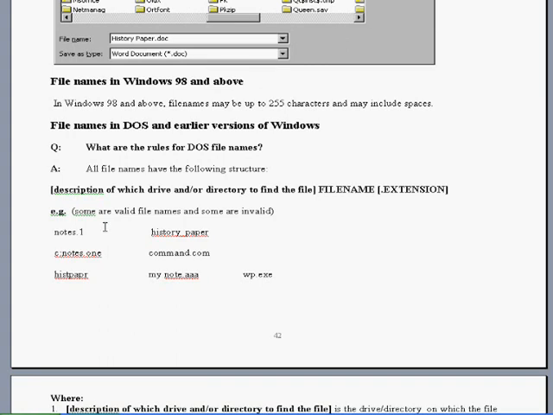This would also be okay. The C colon tells me the drive to find the file. And notice, since it doesn't tell me which directory it is, it's whatever had been the previous directory on the C drive that I had been in. If I hadn't been there before, then it indicates the root. And then notes.1, notes is the name of the file, and 1 is the